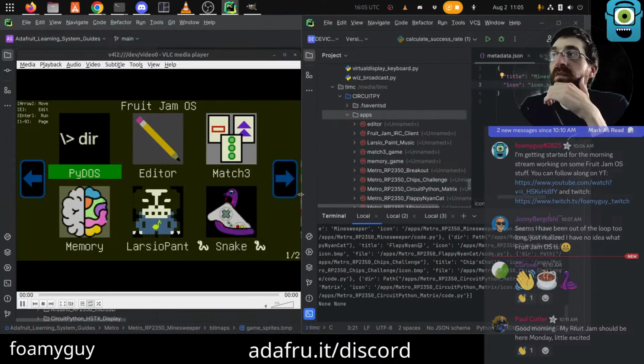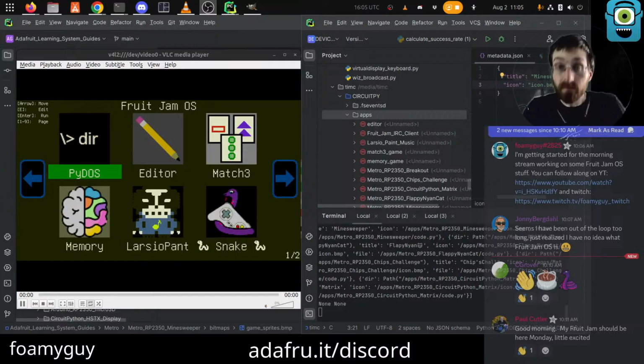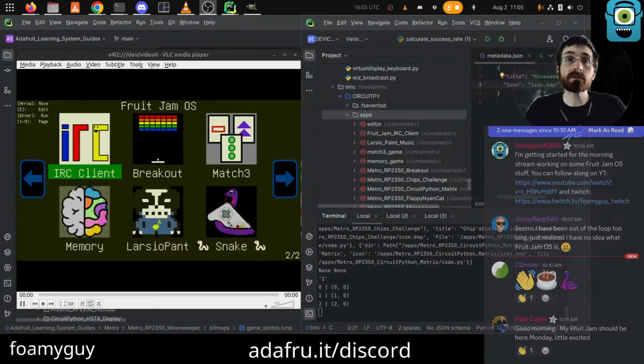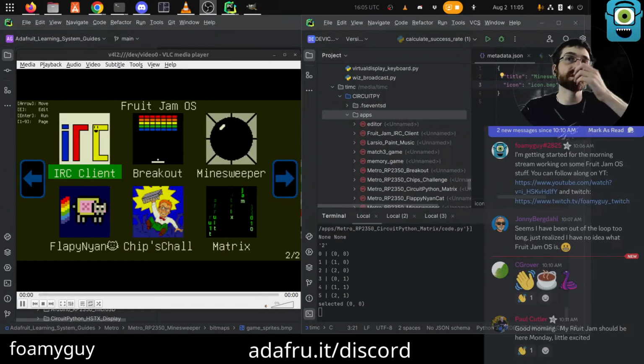Try to remember to keep the screen on the left so that I don't cover it up with the Discord. I forget that sometimes. Page 2. Nice. Yeah, it looks pretty good. Looks all right.